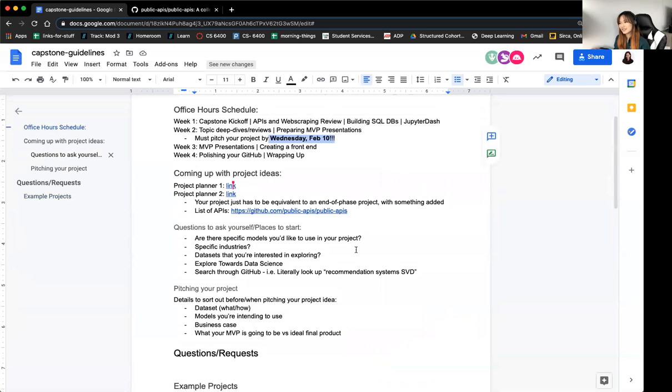So use these questions to help yourself narrow down your search: specific models, industries, or data sets. And if you've narrowed it down somewhere and you can't figure out what else to do, let me know as well. If you're just sitting there idly, staring at different data sets and nothing's happening, let me know. Cool. Any final thoughts?